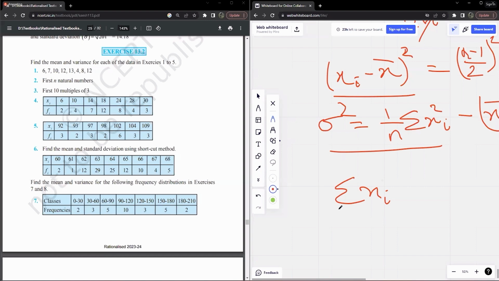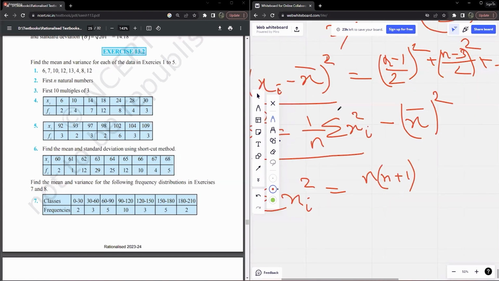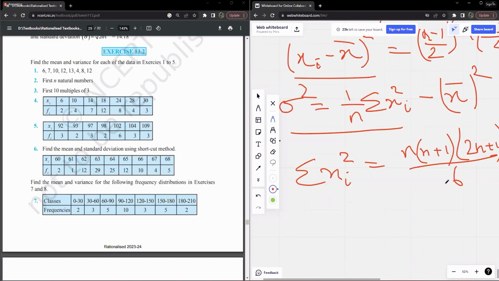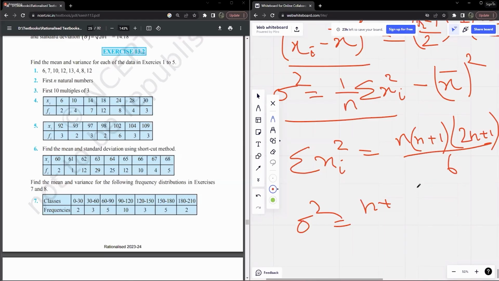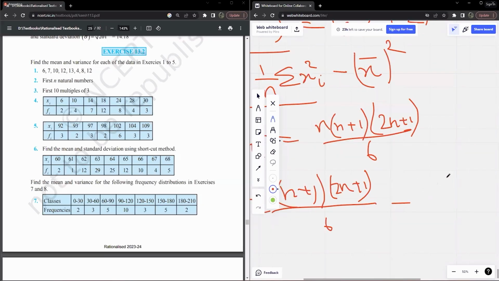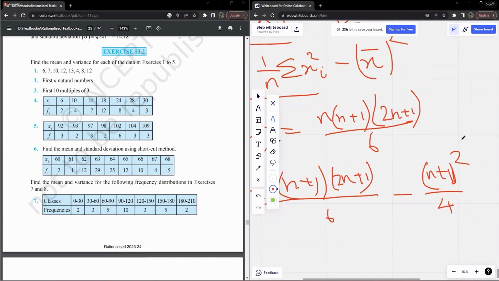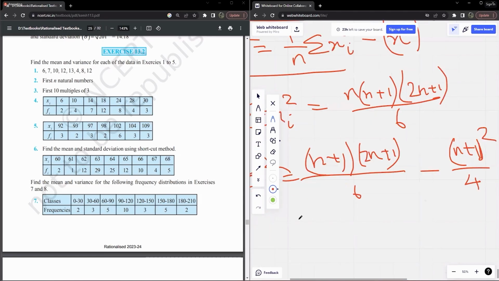So our sigma square then is going to be this by n, which is n plus 1 times 2n plus 1 by 6, minus this is going to be n plus 1 by 2 the whole square, which is n plus 1 the whole square divided by 4. Right. So multiply this by 2, multiply this by 3. We'll basically have